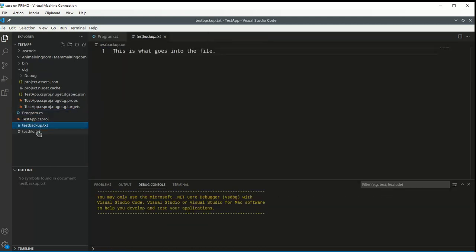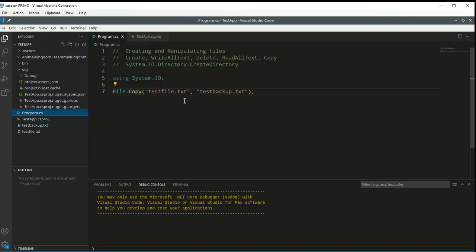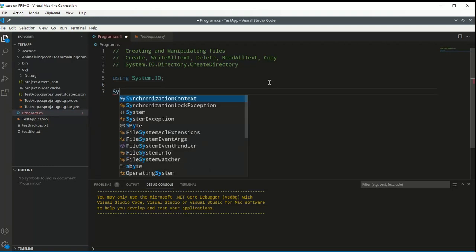Okay, so backup text, test file. Let me think if there was anything else here to do. Oh, yes. I do want to talk a little bit about the structure. So what if I want to put it in a folder? First of all, how do you create a folder? To create a folder, you would say something like